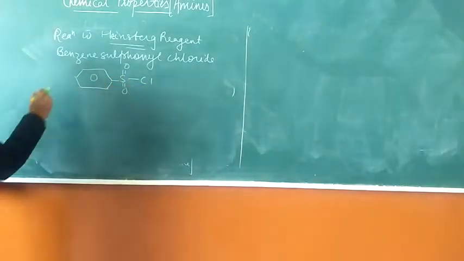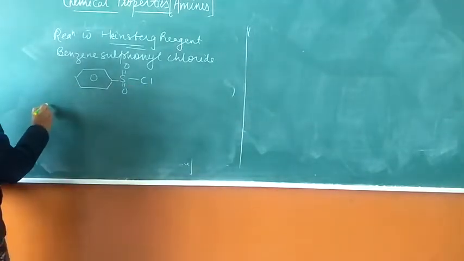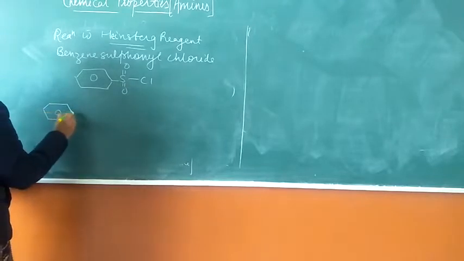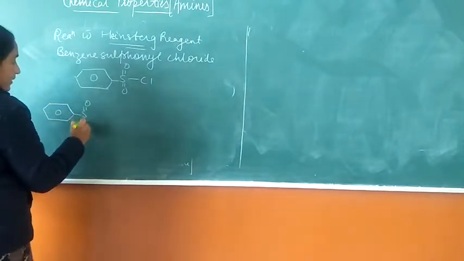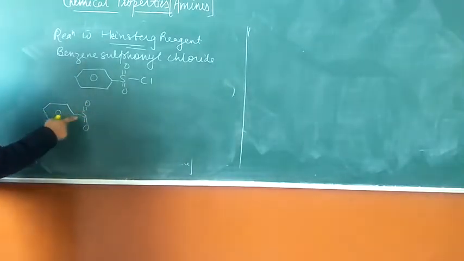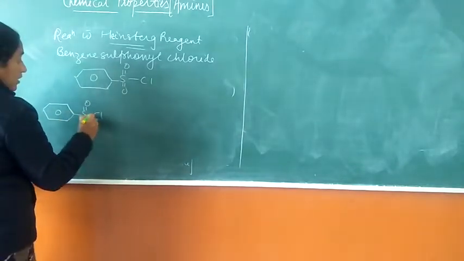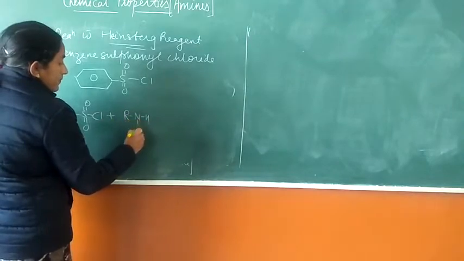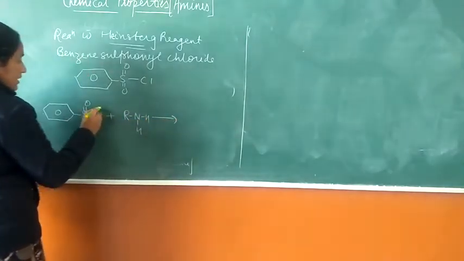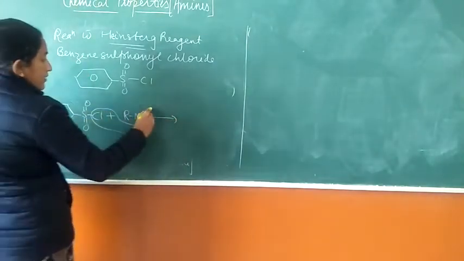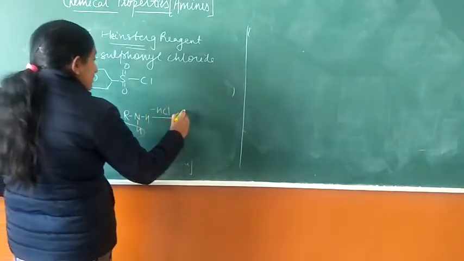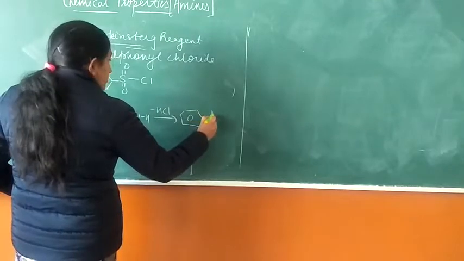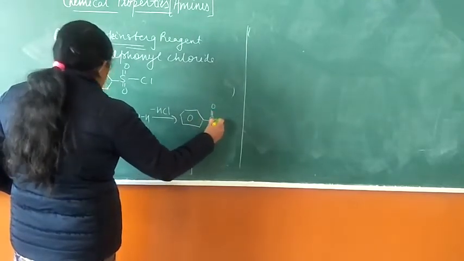We will first react it with the primary amine. So this is benzene sulfonyl chloride, or Hinsberg reagent. You can simply write it as C6H5SO2Cl, plus RNH2, the primary amine. Here the Cl gets removed along with H, so it's minus HCl. We will get here S double bond O, this is double bond O, and this is